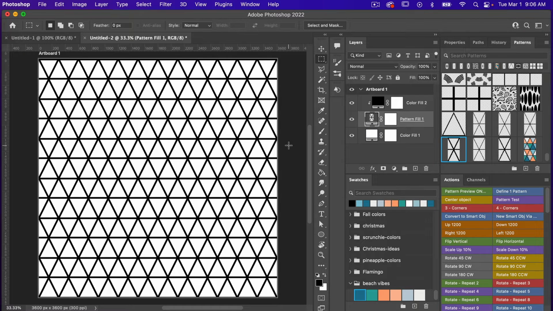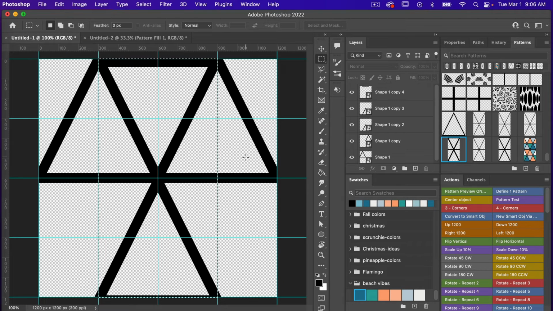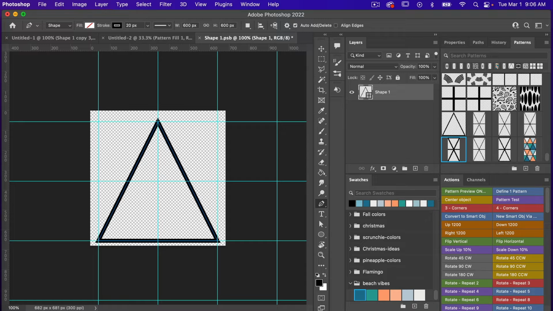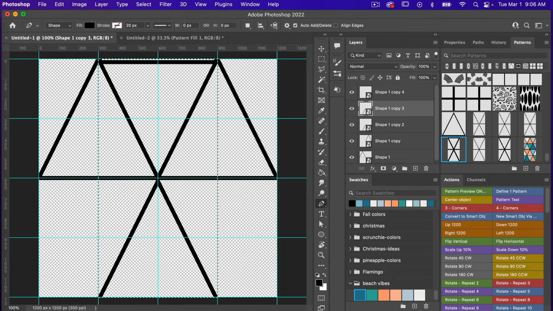Looking at this pattern here, if you decide that you feel like the lines maybe are a little bit too thick, we can jump back into our original document and we will double click on our smart object here. And then just accessing the pen tool here so we can get our shape attributes up here. I'm going to go back to my stroke and let's go ahead and try 20 pixels here for our stroke width. And then I'm going to go ahead and save this, Command or Control S, and then close out, Command or Control W. I'm going to go ahead and deselect our area, Command or Control D,